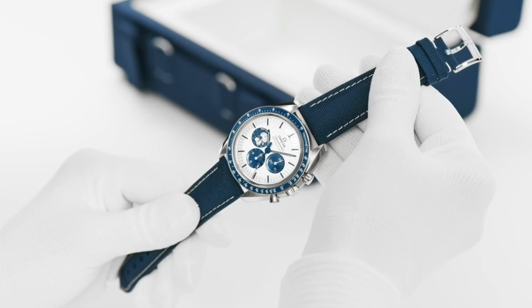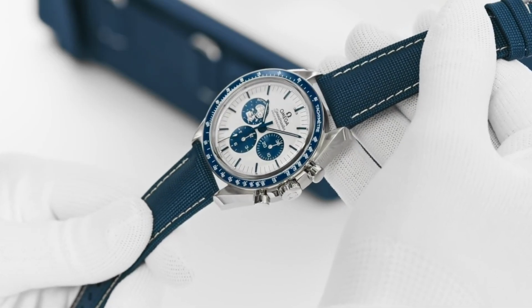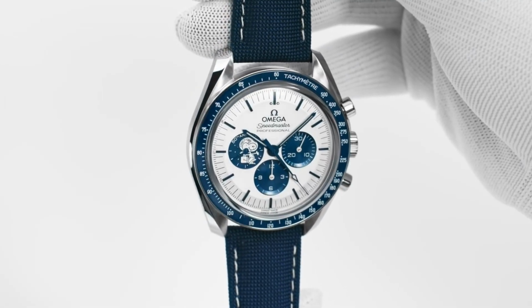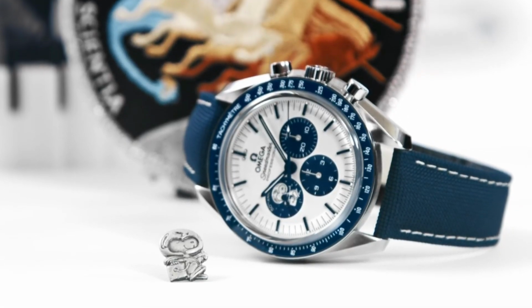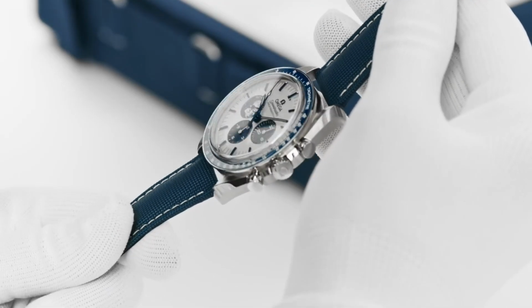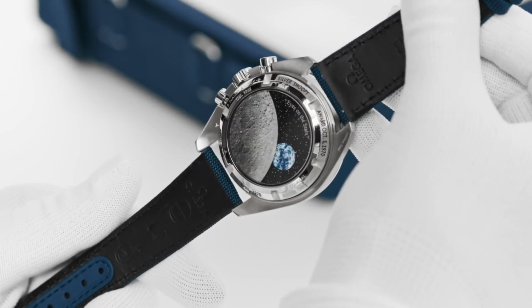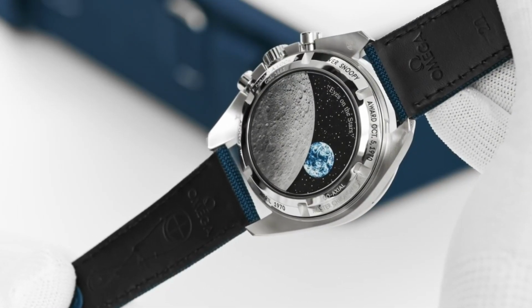This regular production, though highly valued and challenging to obtain, 50th anniversary version was initially published in 2003 as a limited edition, followed by another limited edition in 2015 and lastly in 2021. The watch is unique despite the fact that the dimensions and case form are classic Speedmasters. The blue and silver color scheme stands out immediately as a stunning contrast to the black and white design of